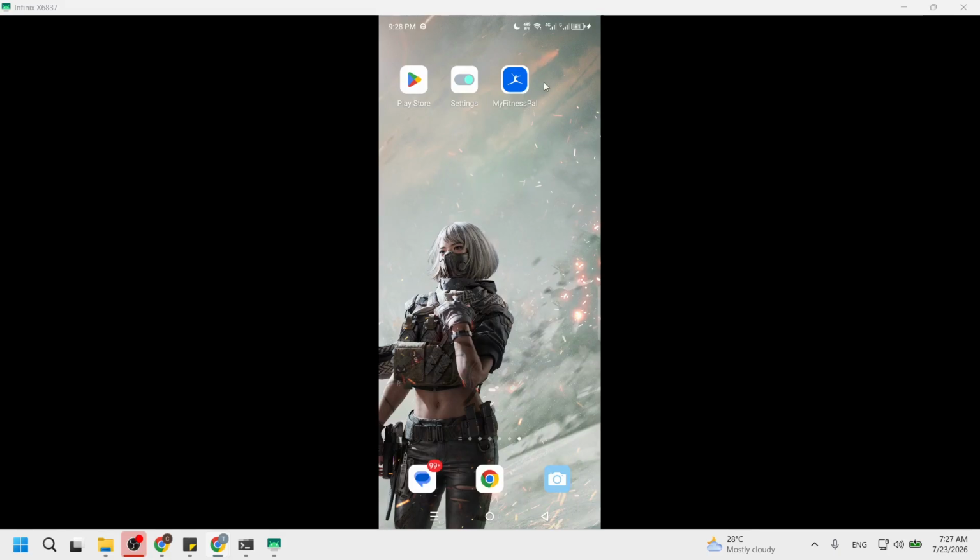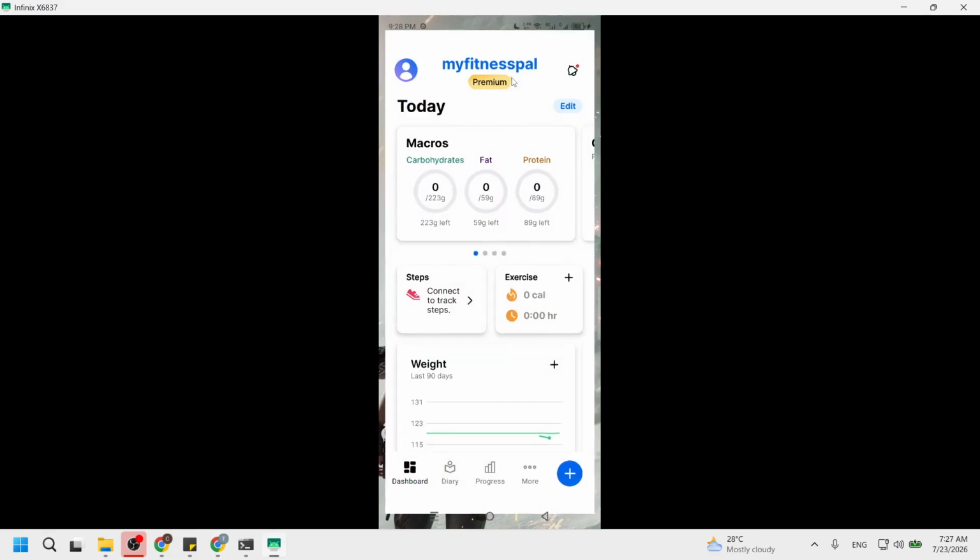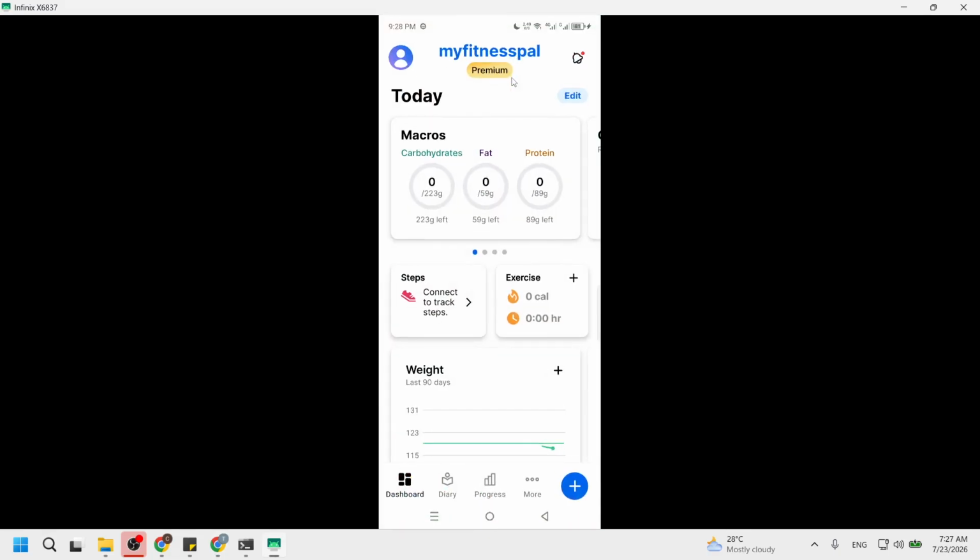Open the MyFitnessPal app. You will see the main dashboard, which is user-friendly and designed for easy navigation. This screen typically displays your daily food intake, exercise, and other metrics. If you have already set up an account, your data will be visible here. If not, you can create one in just a few moments. This step is crucial as it allows you to access all the features MyFitnessPal offers, including calorie tracking.